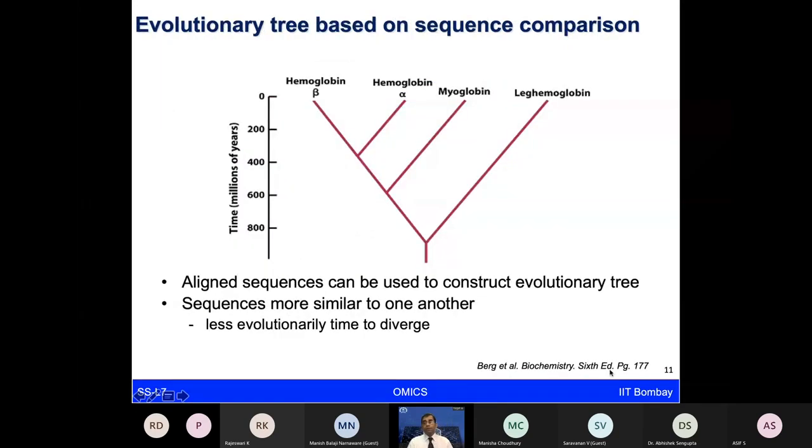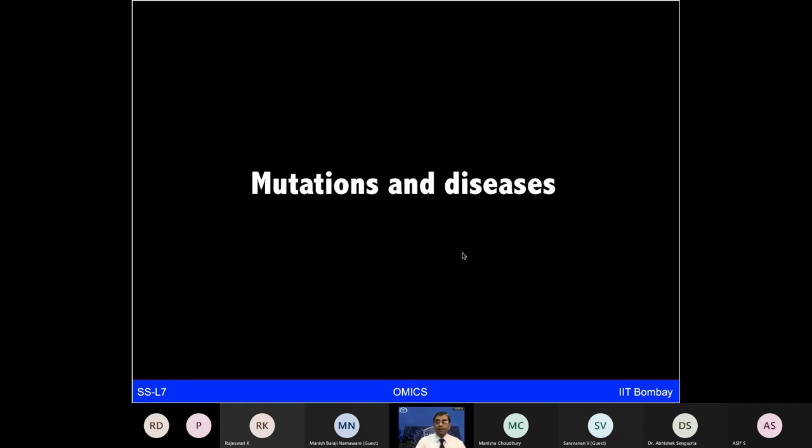And then using this information, one could look at different sequence comparisons and derive these evolutionary trees, which show that hemoglobin alpha and beta chains are quite close. They're quite similar to myoglobin, but still far apart. And leg hemoglobin is very different. It is coming from a plant. So there, you can now see this kind of evolutionary tree looking at their sequences. I hope this gives you some feel for how one could do some basic bioinformatics to get an idea of the possible functionality of these particular proteins and their evolutionary relationship as well.